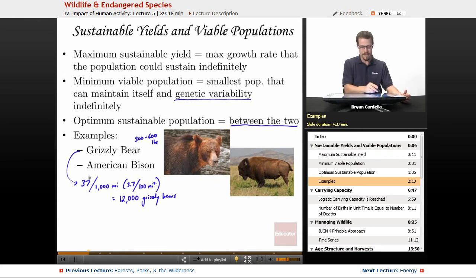When we look at the American bison, slightly different tale. We've been able to bring back the American bison to fairly high levels in terms of their overall population numbers. We're certainly not at the maximum sustainable yield. We're not going to go there again because in the mid-1800s, we're talking millions of bison roaming the plains. A lot of Native American tribes depended on them directly.